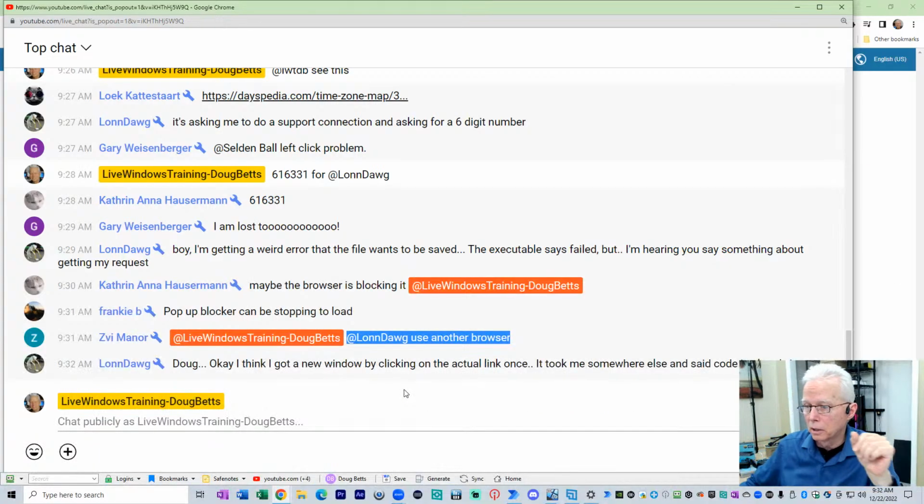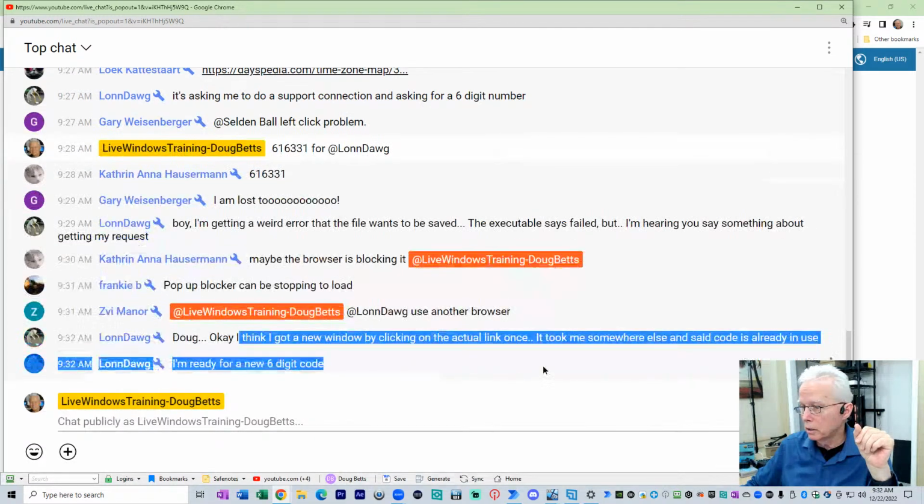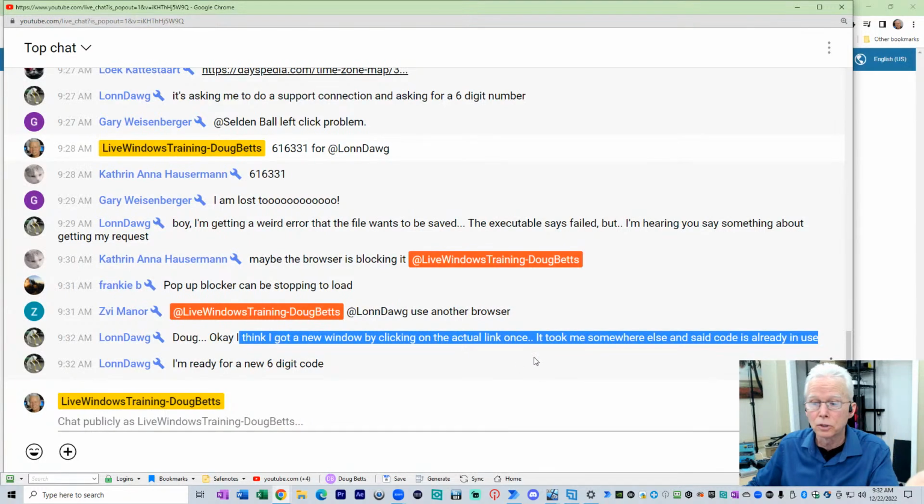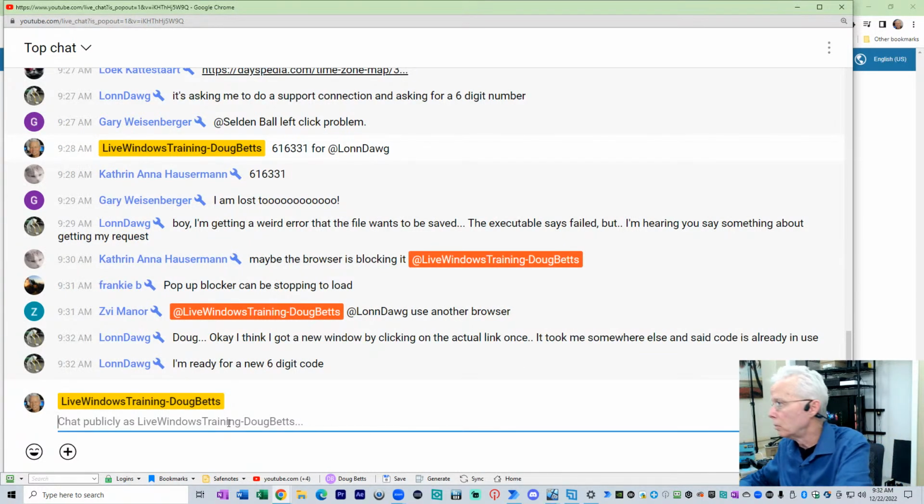There we go. LonDog: Okay, I think I got a new window by clicking the actual link once. It took me somewhere else and said the code is in use. Yeah, it's too late for the code. So here we go. We'll get a new code, creating the new code. Here we go. LonDog, the new code is